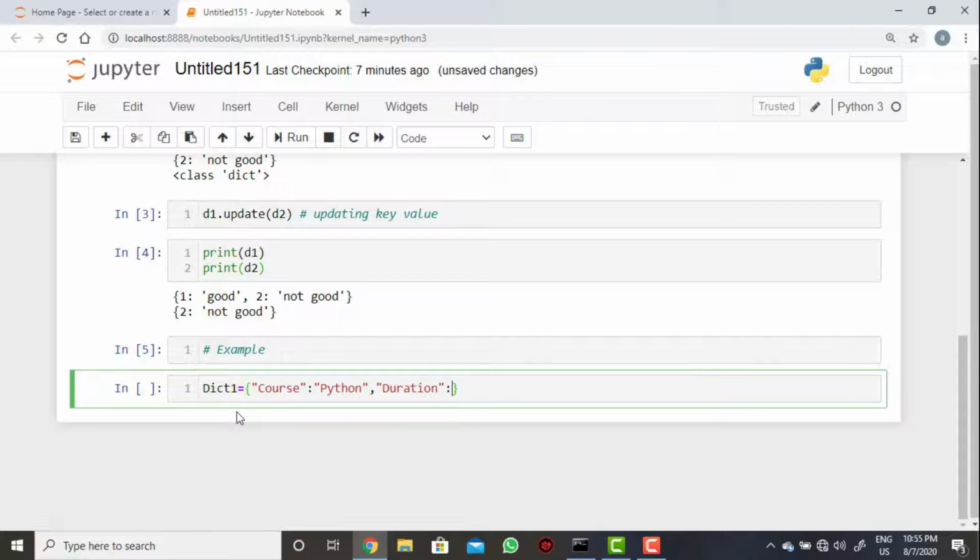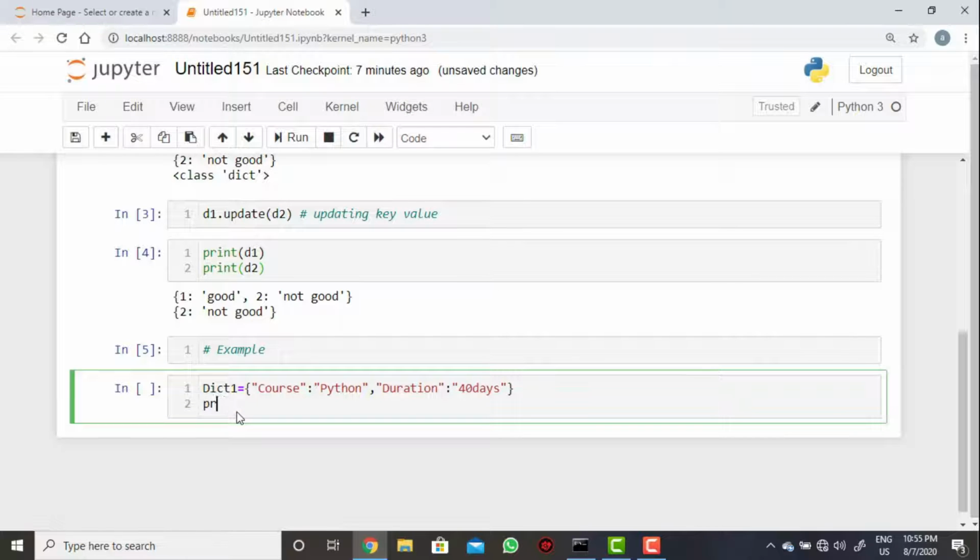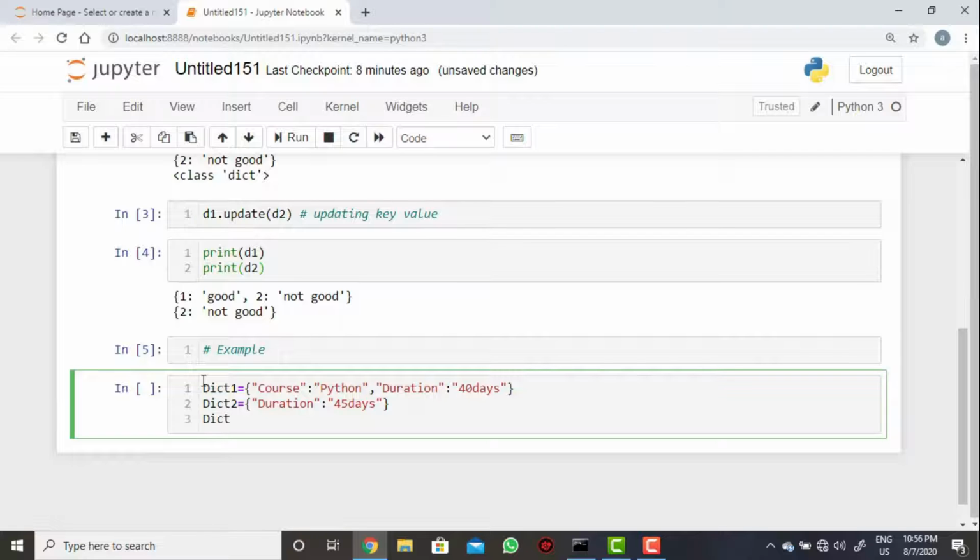These are the two keys I have. Now you can take another dictionary, dict2 equal to, duration, then it will be 45 days, and you can take dict3 also if required.